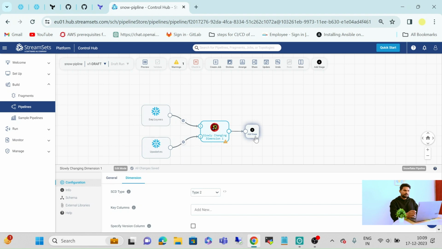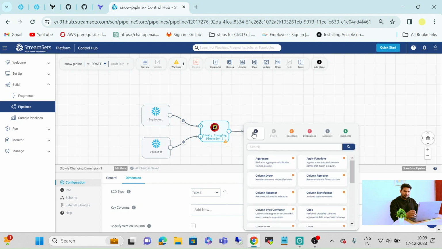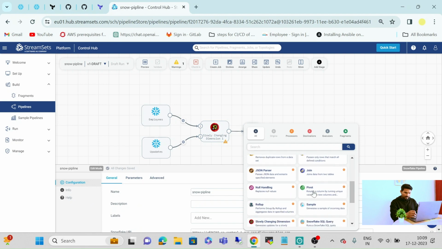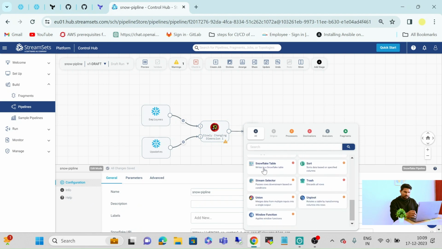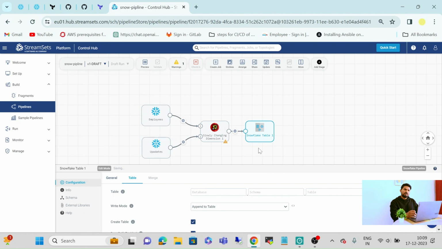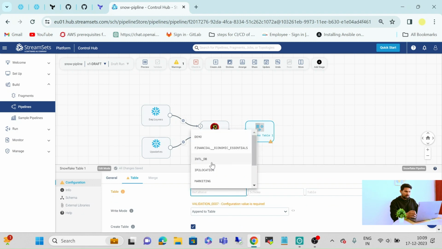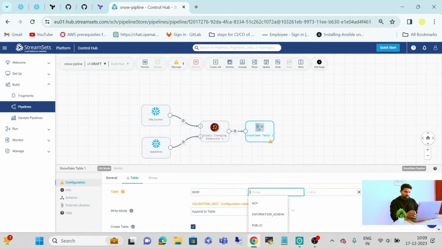Now we have to add one more table which will write updated information to our dimensions table, means in our employees table. So simply click here, add stage, and search for Snowflake table, which looks like this. Feed the information, demo, HCM, and we will call it employees.